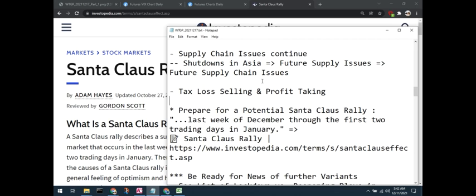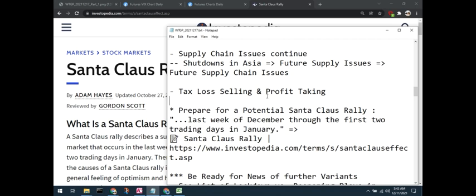So this tends to be a very good opportunity to buy the bottoms, these stocks that are heavily beaten down over the next week or so, if they are good companies, not broken companies, just a broken stock, and they're of value. This is a great opportunity to fulfill your shopping list in preparation for Christmas, right? So hopefully we've got your Christmas list ready, and when you see these value stocks bottom and prepare to turn up into the Santa Claus rally, that's your opportunity to scoop them up.